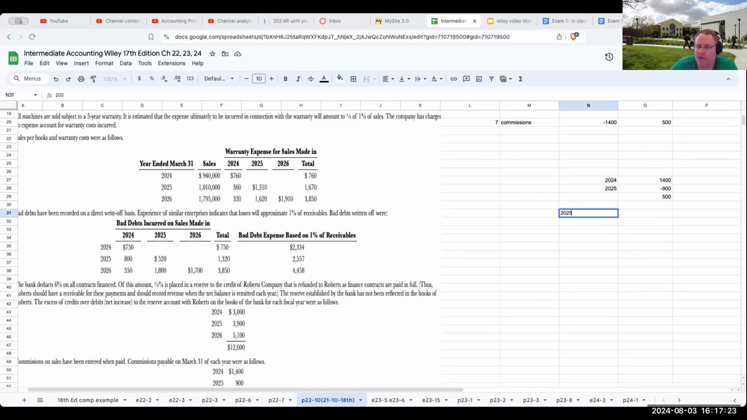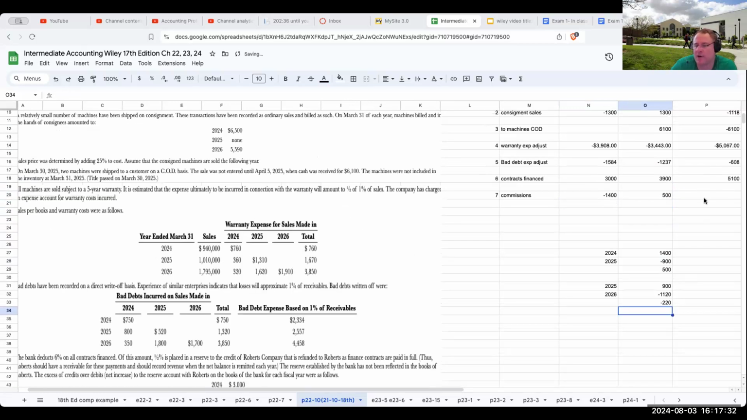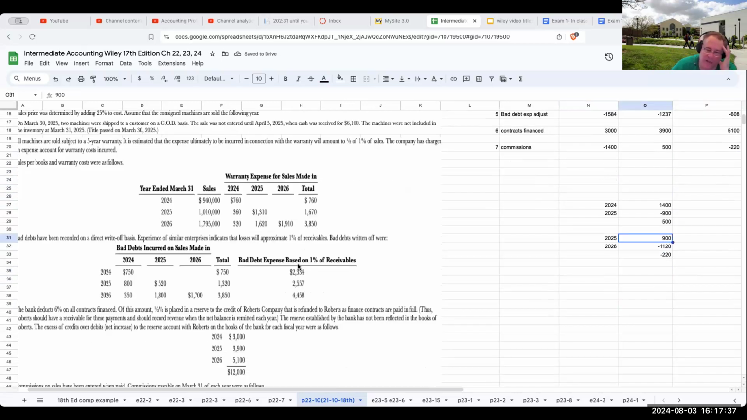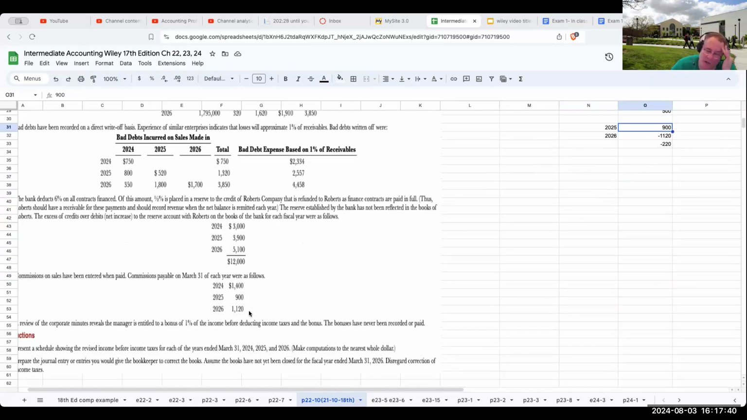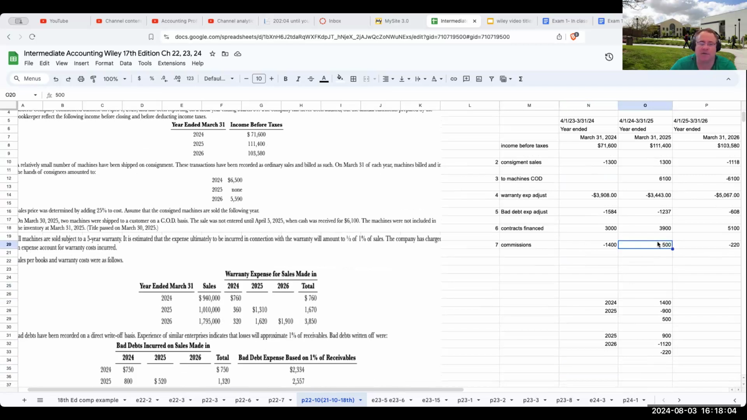Now, in 2026, the amount was 1,120. So over here, my deduction is going to be minus 220. Again, when you think about it, this amount was payable, so we should have recorded the expense, the 1,120. But this is being offset, or downgraded, because there was 900 that was recorded as an expense because it wasn't paid until 2026. So fun stuff. Okay. Now that we have all of these done,